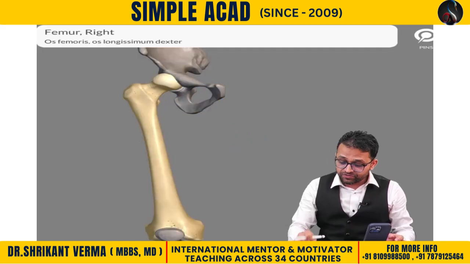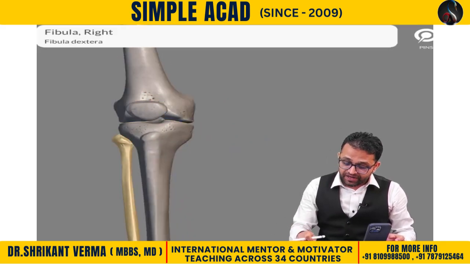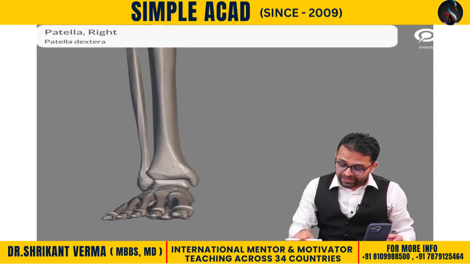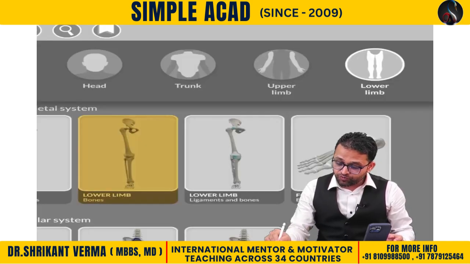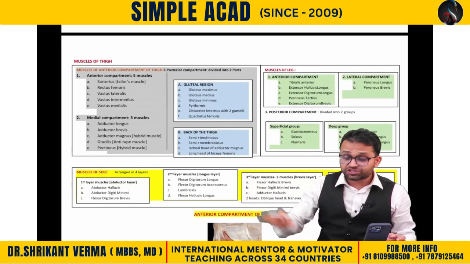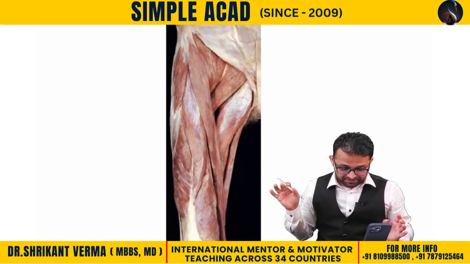So this is our hip bone. Can you see? This is the femur, and can you see this is the tibia, and here is the fibula, and this is, yes, the largest seed-like bone, the sesamoid bone, and these are the foot bones. For the foot bones, I will show you the arches of the foot later, but right now, okay? So this is the list for all the muscles. I am showing the cadaveric image. Let's start. Okay.